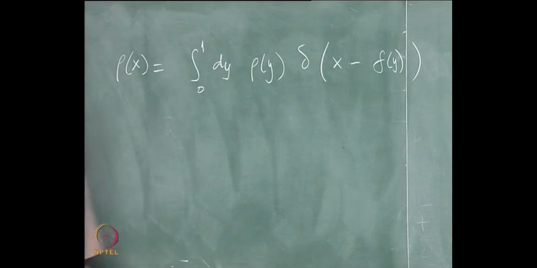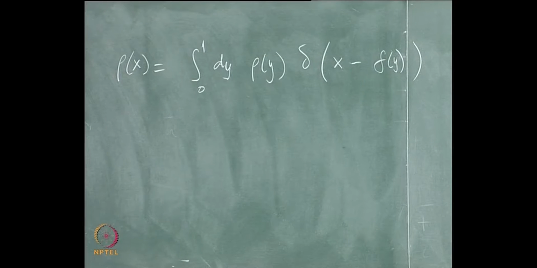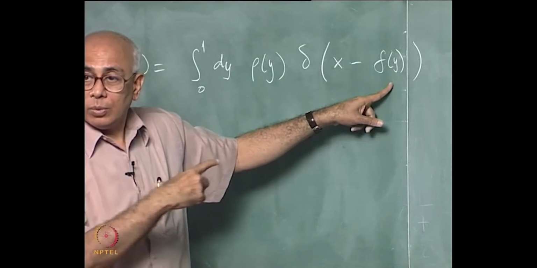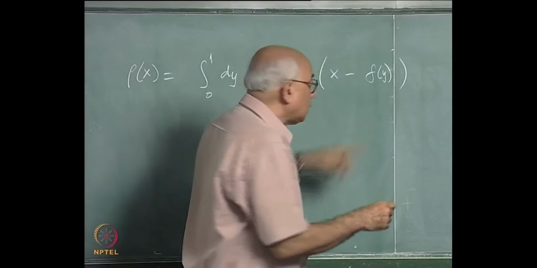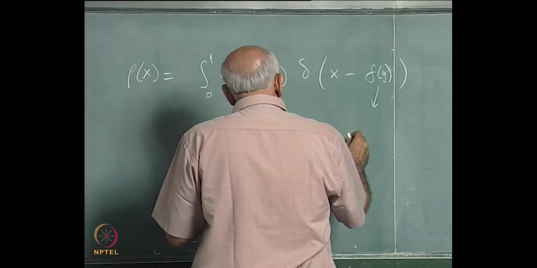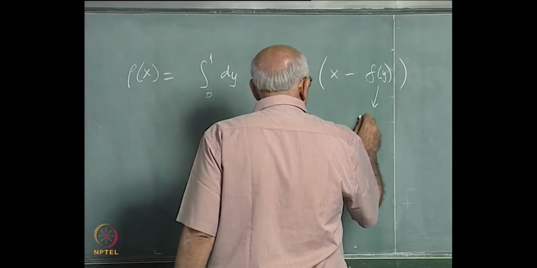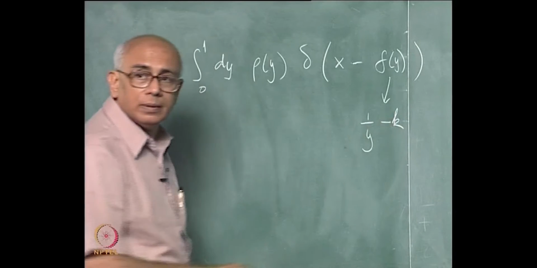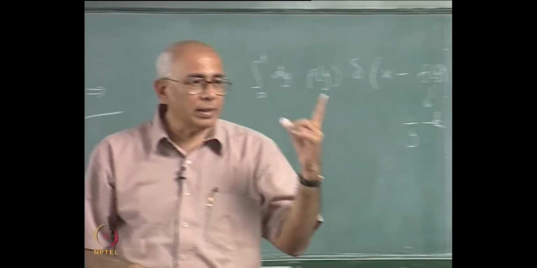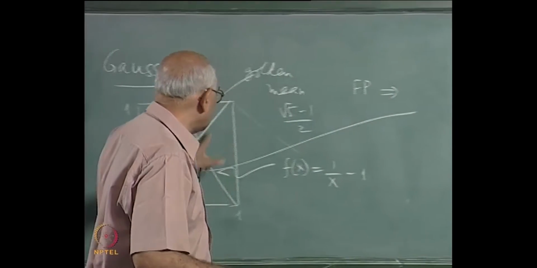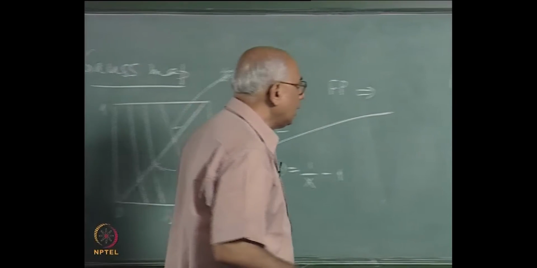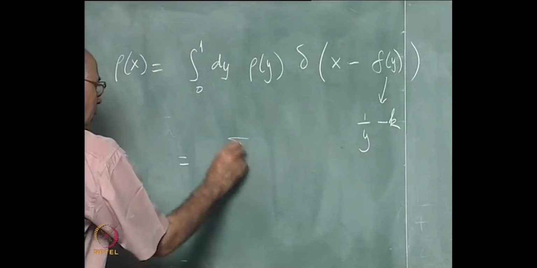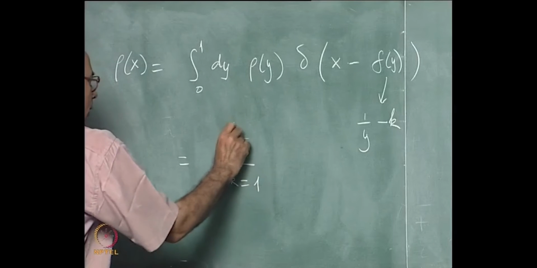But what is this f of y? This thing here would depend on where you are, but this f of y in general would be something like 1 over y minus some integer k, and all k's from 1 to infinity would contribute, corresponding to all these branches. So if I did that, I end up with a summation from k equal to 1 to infinity